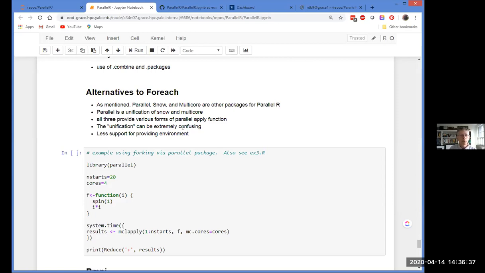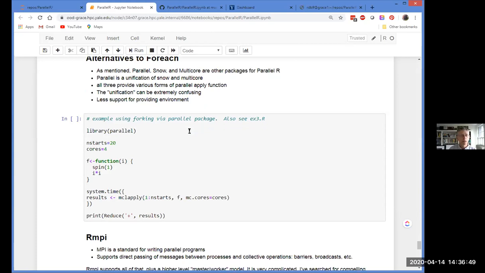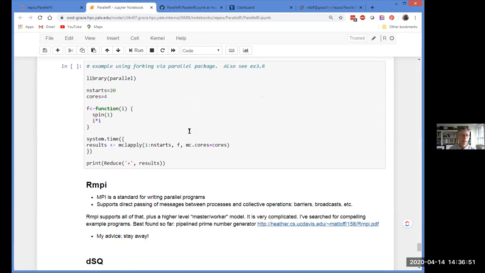And then when you combine that with the fact that these three packages, parallel, snow, and multicore, each have their own parallel applies, it's a lot to try to deal with. But maybe I'm being too harsh on them. If you get used to this and you like parallel applies, it's just about as easy to use as for each. So here's what that looks like.